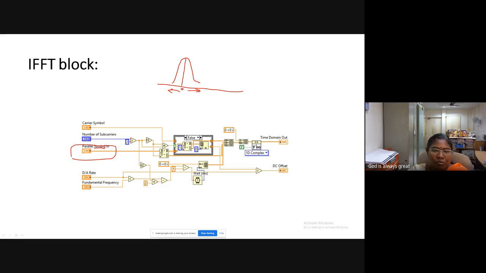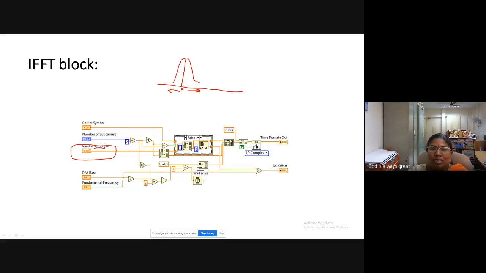If you need to place the first symbol over your first carrier symbol, it depends on whether the number of subcarriers is odd or even. If it is even, you place your first symbol on the first carrier symbol. For that, this true or false block will be useful. If it is odd, this carrier signal will not be utilized. Directly, you take the first subcarrier, place your first data bit over there, the second subcarrier, place the data bit over there. Like that, all the positive subcarriers you place.